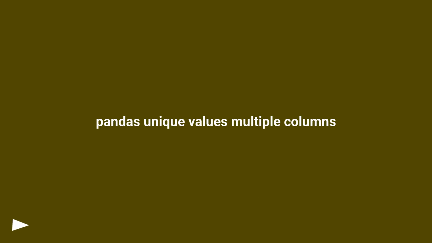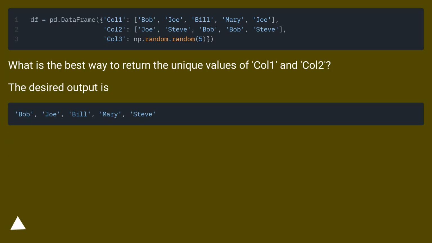Pandas unique values multiple columns. What is the best way to return the unique values of col1 and col2? The desired output is